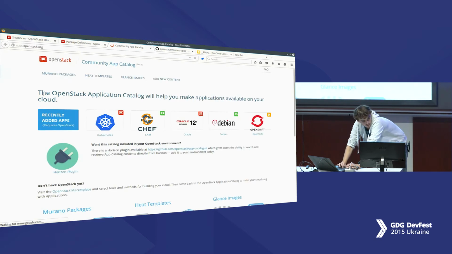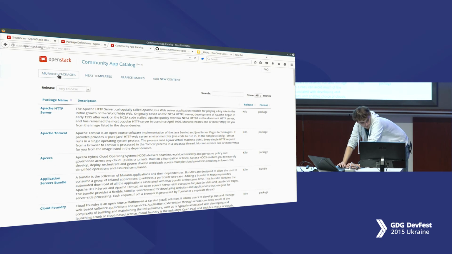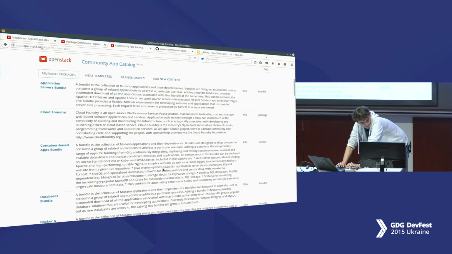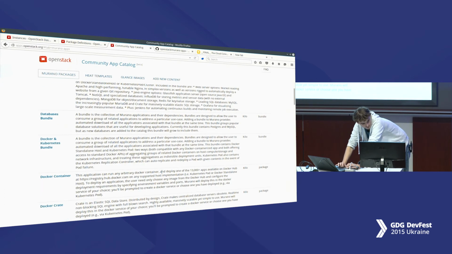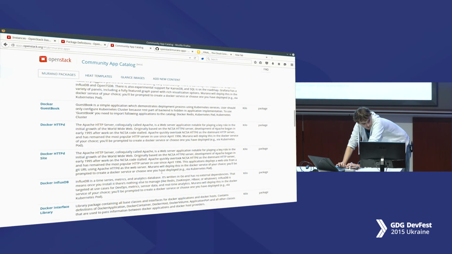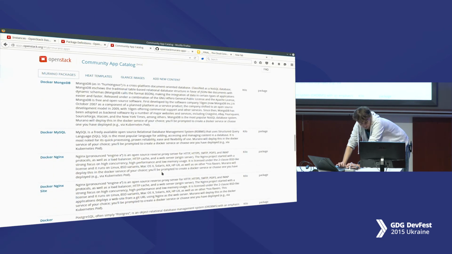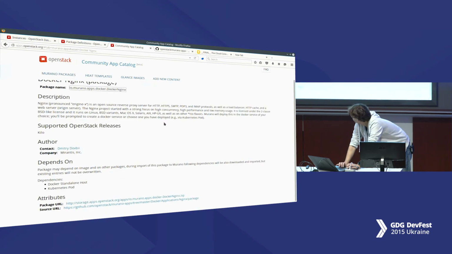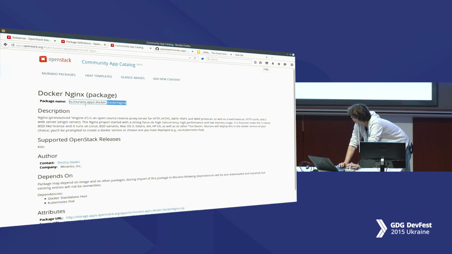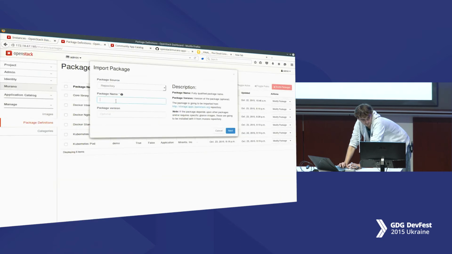So here's the app catalog that I described earlier, and you may search there for anything. For example, we'd like to use the Nginx container. So you may simply click on the package name, copy it, and paste it here, and it will be installed.